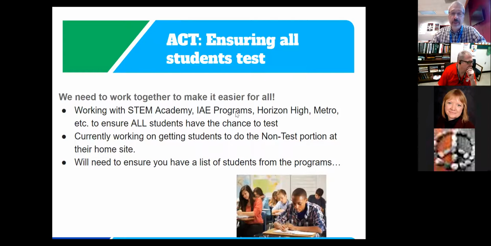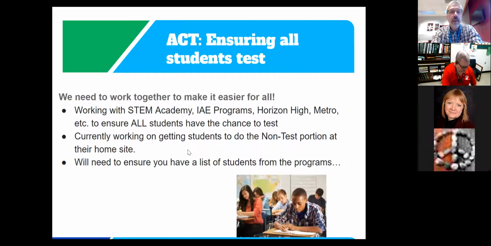One of the things that I know is going to come from this is there will be, if we don't have this list already to you, a short list of students, for instance, from STEM Academy who will be coming to your school. They are rostered as being your students, so they will come to your school in order to take the ACT. So just want you to be aware, you may want to put all of them in one room. You may want, I don't know if you want to mix them up with others, etc. Same is true for other IAE programs. So please keep that in mind as we get closer and closer and you're starting to get that list of students together.